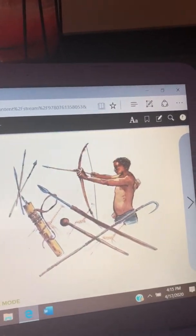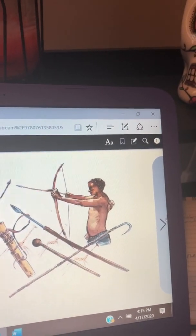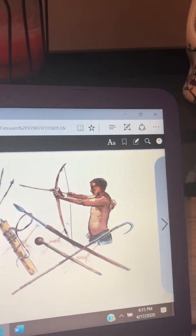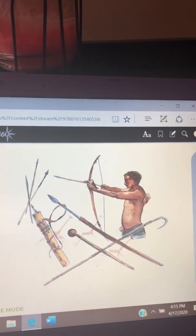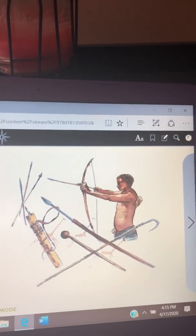5. Five. The Kalahari Bushmen of the desert rely on 5 simple tools: bow, arrow, hook, staff, and spear. With these tools, they can hunt enough food for their families. They lead very